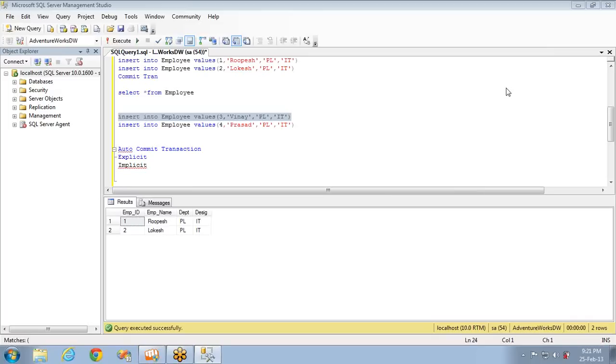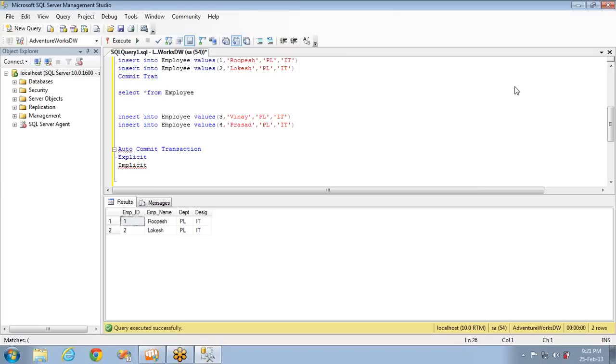You can override it: if you specify a starting point and ending point, it becomes an explicit transaction. If you remove that, it is an auto commit transaction, and each query treats itself as a transaction.